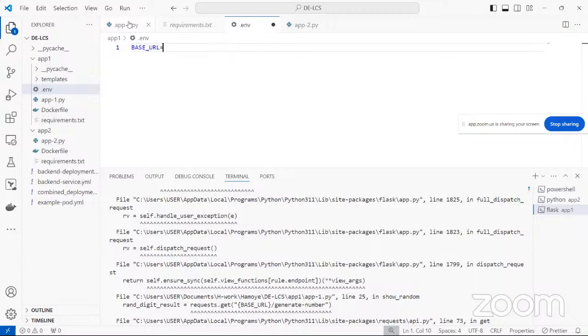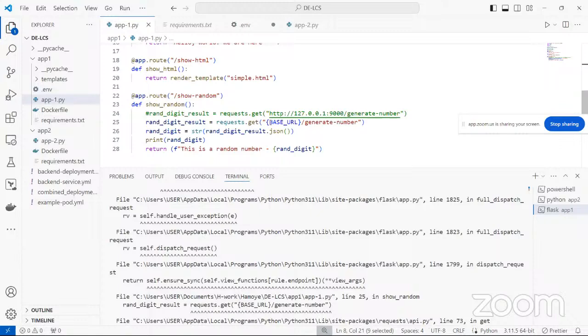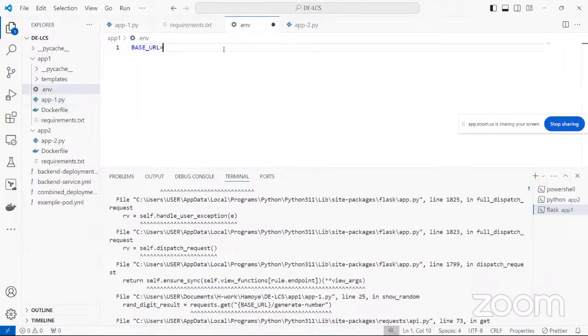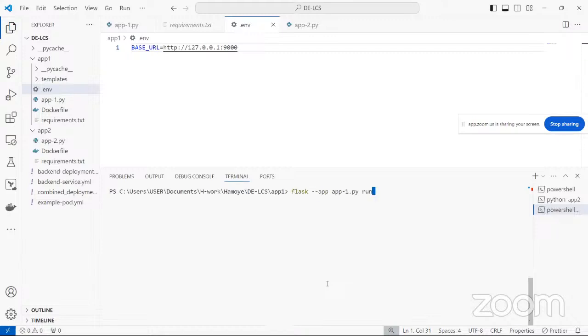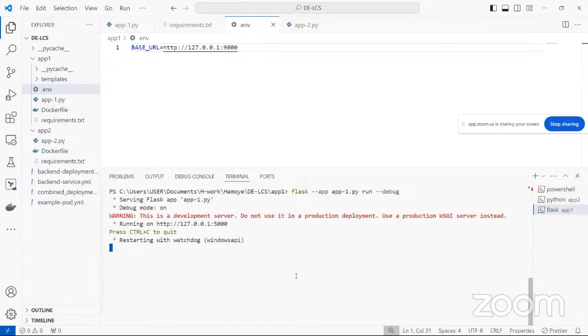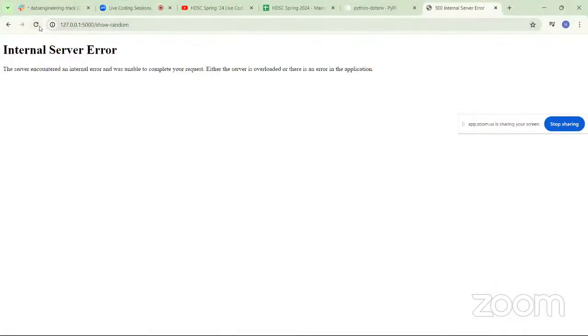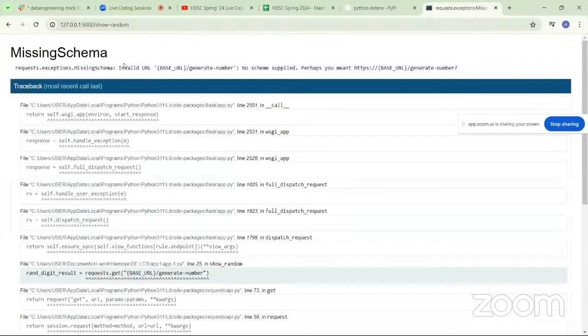Now I can come here and pick this particular base URL, Control C, and paste it here, Control S. So if I save this, because we did not use this with debug, I have to stop this, Control L, and now let me add the debug tag. So debug, and now let's run this. If we run this and go back to our code, and refresh this show random page,